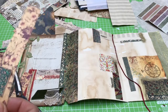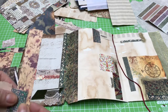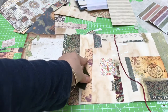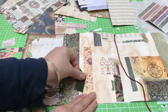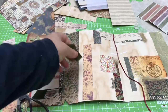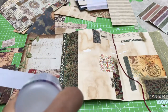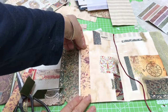Let's see, how about this? This would look nice, I think. Or would this ribbon look better? I think it would look better there, and connect this to the ribbon like that. How would that be? I think that would be nice, and then we can finish this side and move on to finishing the back of the other side. Yeah, I'll add that over here,